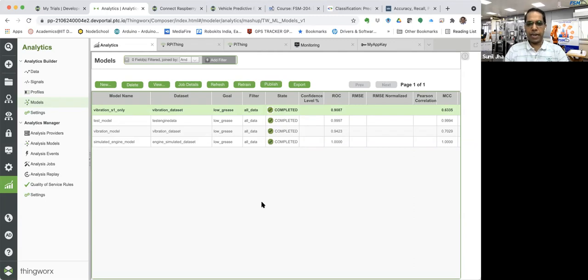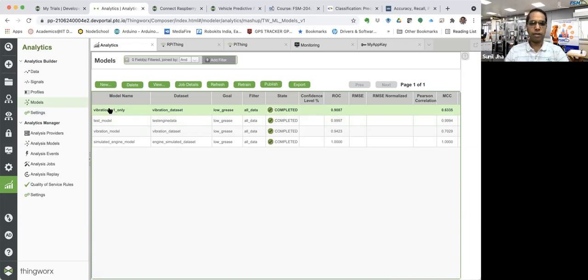Now, once we decide that sensor 2 is not required at all, I can make a very well-informed decision in the beginning itself on the prototype. Otherwise, you will be unnecessarily adding a cost to each engine by placing 2 sensors everywhere. So this can also help in that kind of decision making.